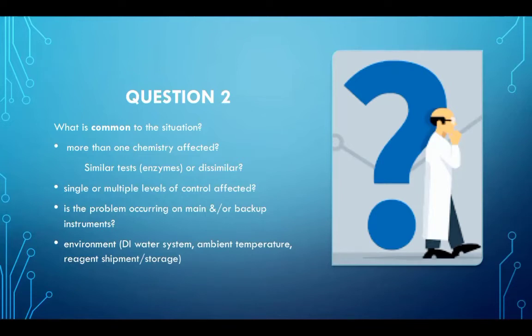Suppose both levels of controls are affected, then it may be related to reagent, calibration or some common factors. If only one level of control is affected in a particular chemistry, then it may be related to that control material. Is the problem related to your main instrument or backup instrument? You also see if it is affecting multiple chemistries, some common factor like